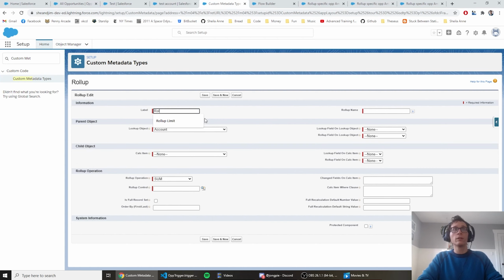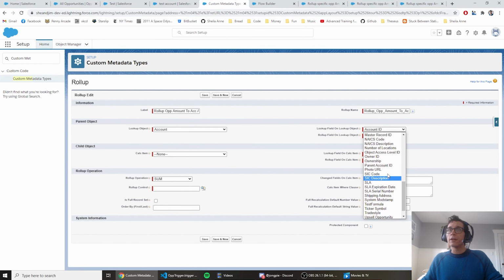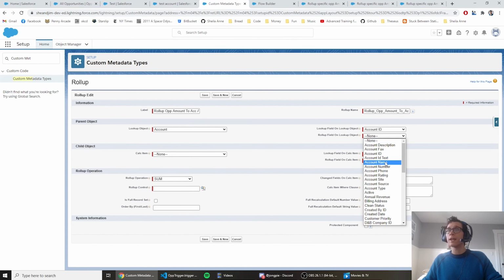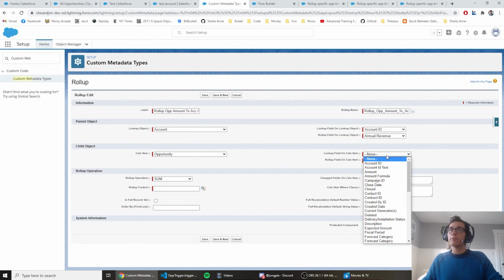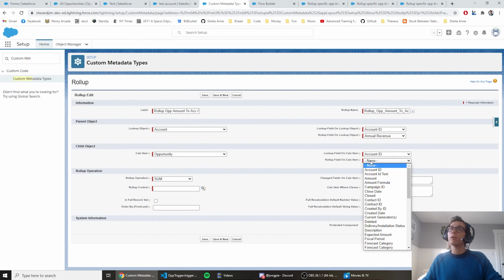So again, we'll do rollup amount to account annual revenue. So the lookup field on the lookup object is the account ID. The rollup field on the lookup object, now we're using that annual revenue field. So we'll select that. The calc item we know is the opportunity. And the lookup field on the calc item, again, is the account ID,